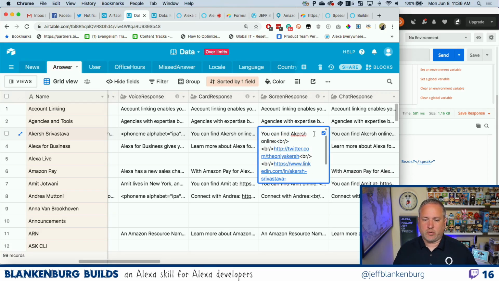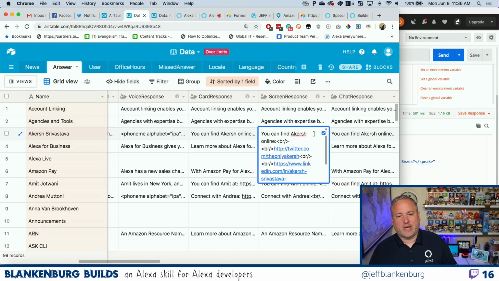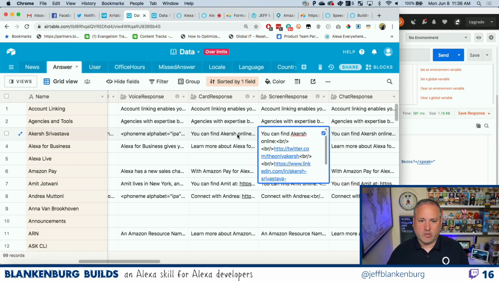But these individual line break solutions often require me to have different values, which is why I have card response and screen response. Now I could probably just insert the appropriate delimiter in my code rather than having multiple versions of this content, but there's a good chance that a card could have a lot of content, and maybe for APL I only want a short sentence on the screen. I might want them to be different, more so than just by changing the delimiter. So I find it comforting to have multiple copies. And if they're the same, that's fine. I think this is a nice way to manage my content.